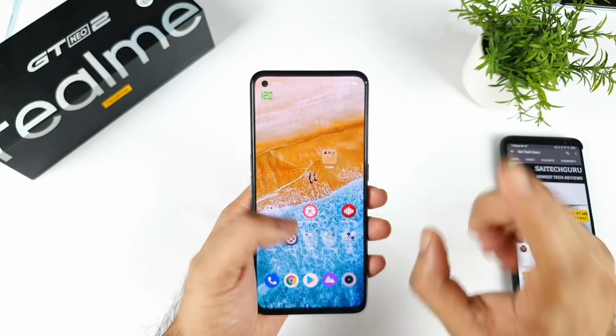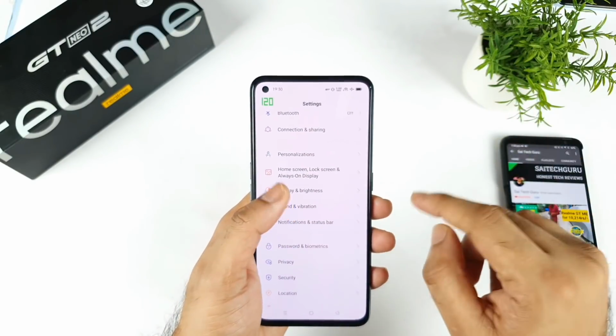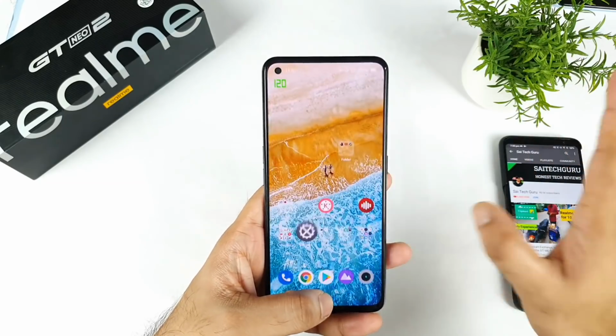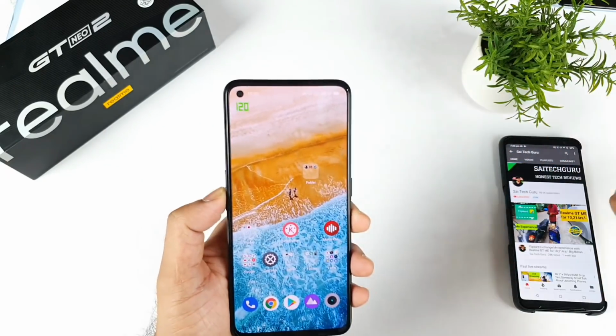The hardware is really good. There's no complaints about this hardware, but the software optimization is not great. Next is regarding the display. The display has got some kind of black color crush issue, which I think I did mention for a couple of users. I did upload a video as well.